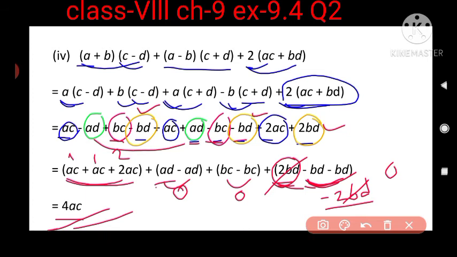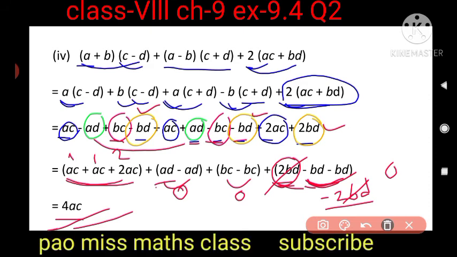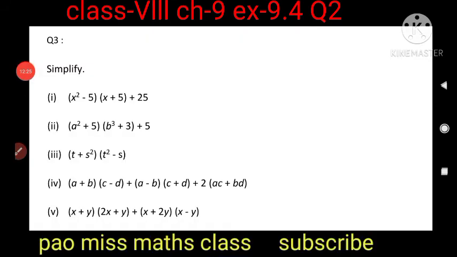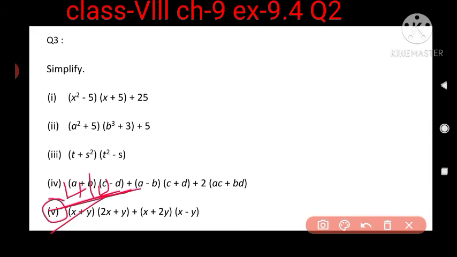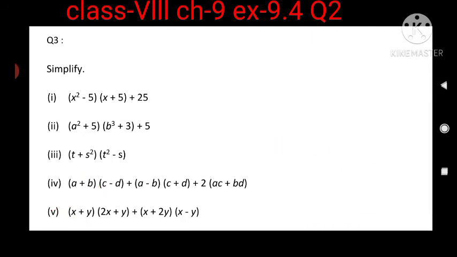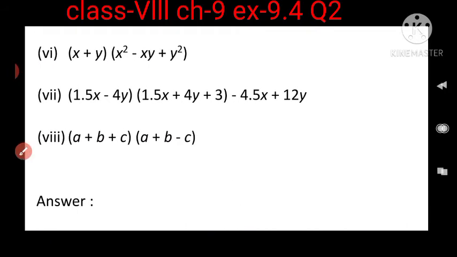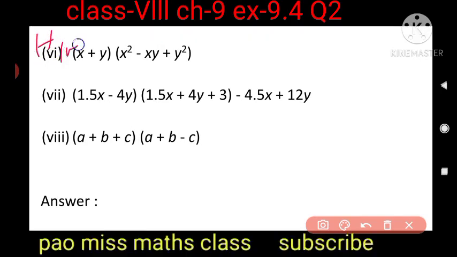Now come to the next question. I'm going to rough this question now. So you can keep the screenshot of this solution and you can write it down in your notebook. So question number 5 I will keep as homework. Okay, this is your homework. So please try to solve this homework question. Any doubt you can ask me. Okay, now come to 6th question. You can see question number 6. 6 also I will give as homework, and 8 also I will give as homework. Okay, 8 let me solve.